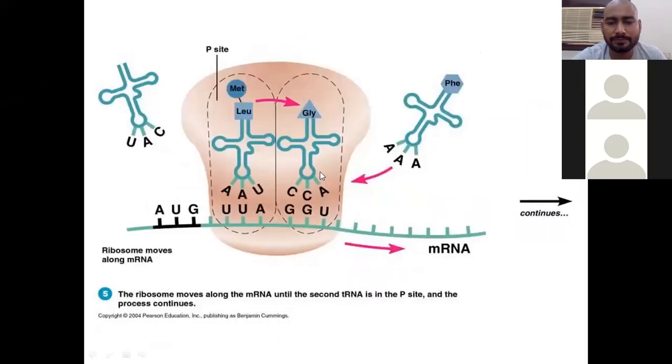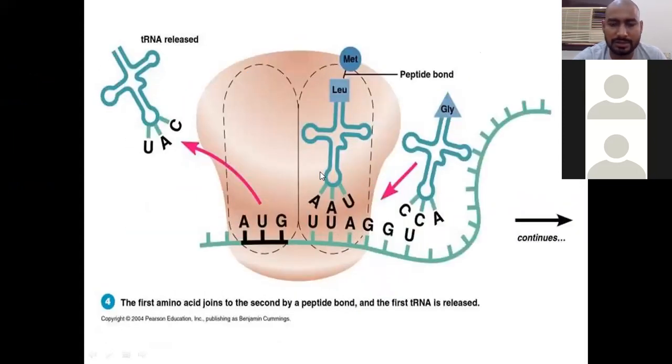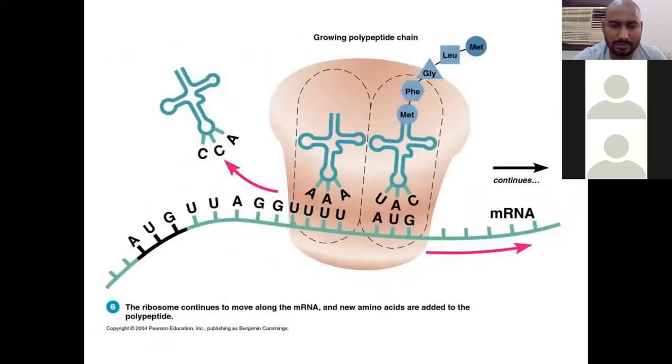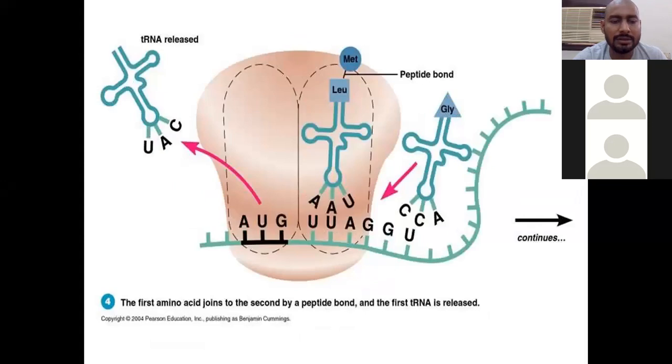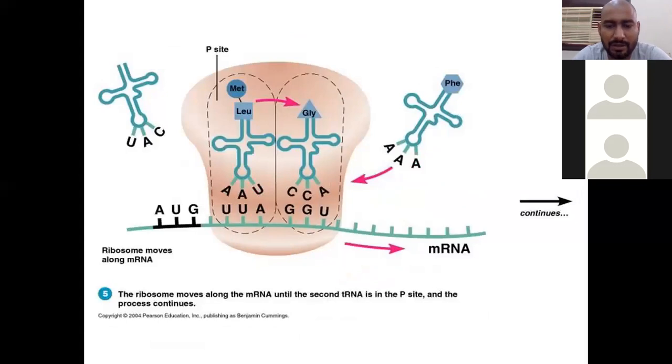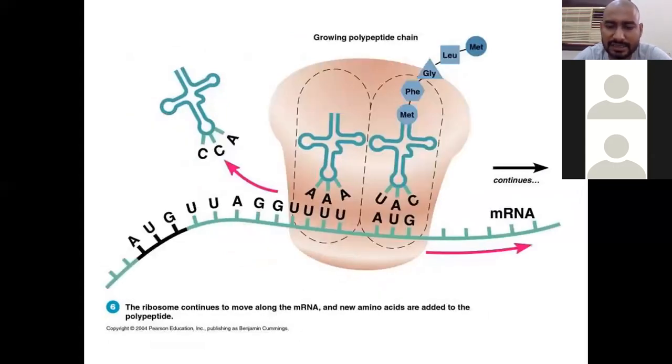Now here you can see the amino acids, AUG, CCC, GGU on the mRNA, no issue, protein synthesis is going on. Ultimately you can see here there is no stop codon, so it will continue. In the next class I will talk about the remaining part, and I will discuss this figure again.